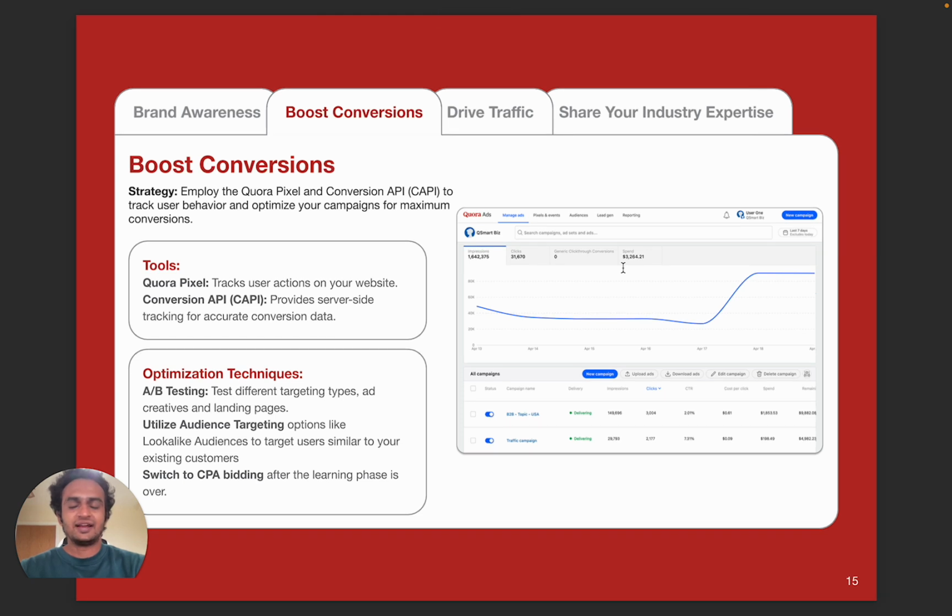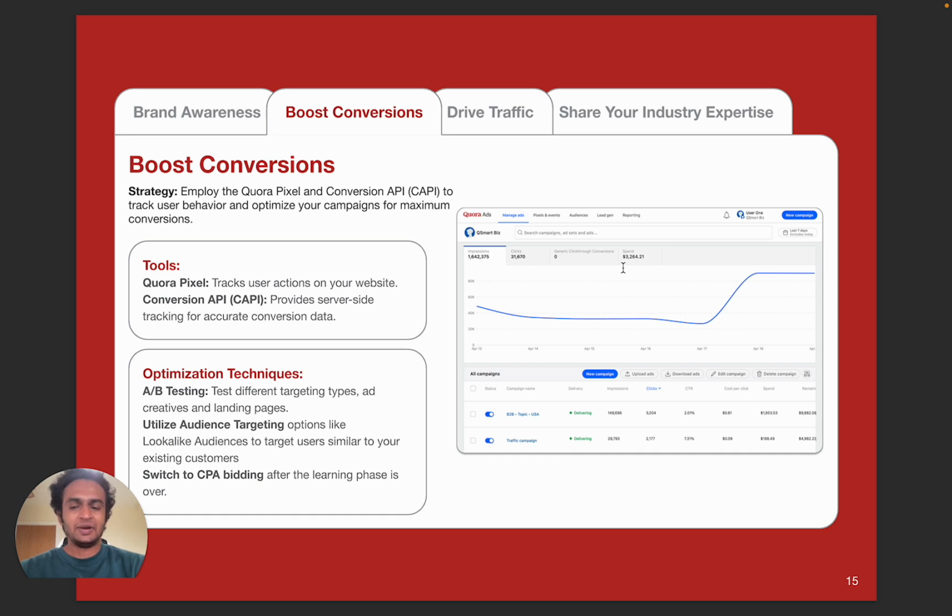We have a lot of businesses that are currently utilizing our platform for driving or boosting conversions. Now, if your objective is to drive or boost conversions, the first step is to have the Quora Pixel installed. Quora Pixel becomes a key step for you to measure and optimize your campaigns to make sure that you're able to drive maximum success. Apart from the Quora Pixel, we also have Conversion API, where you can directly connect your server to the Quora Ads Manager to make sure that you are able to send back events successfully onto Quora Ads Manager.